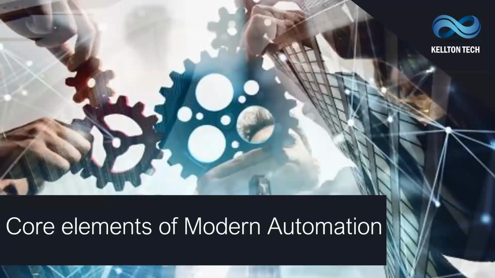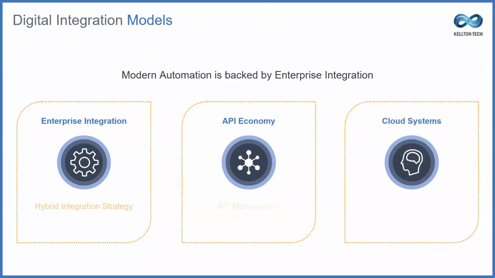So I will touch upon some core elements of modern automation. The modern automation is backed by three pillars, which connect the automation layer to the rest of the IT landscape. Step one is enterprise integration. The revolution of cloud computing has transformed the enterprise integration towards a hybrid integration model. It is an approach to enterprise computing in which organizations provide and manage IT resources in-house, but use cloud-based services to users. The transforming IT architectures have paved the way for hybrid cloud integration platforms, which enable the unified output to business users, irrespective of how the IT platforms are set up in any organization.